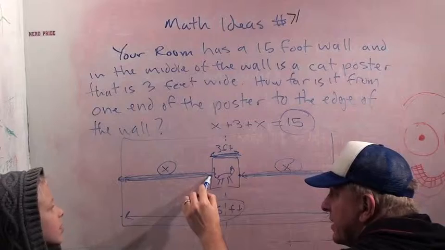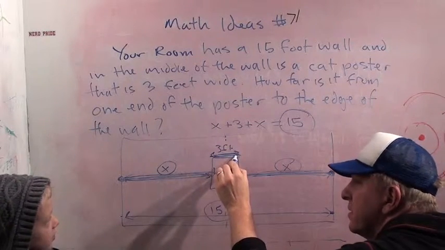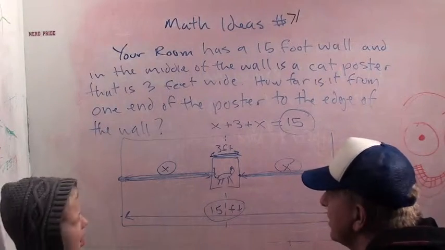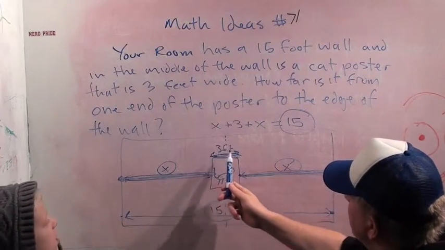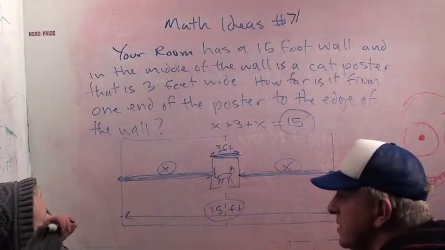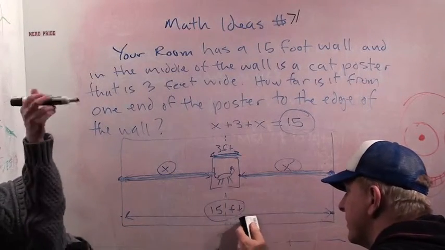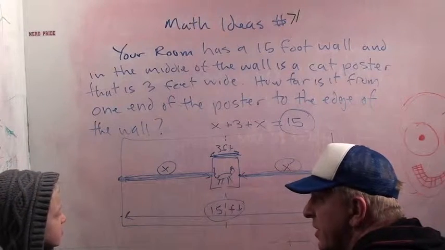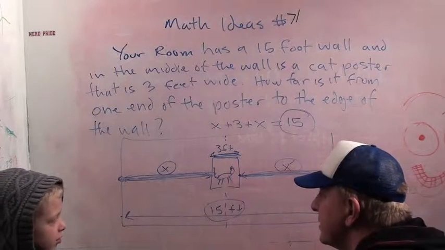So there's X, X plus 3 plus X. Okay, so we have to find a number such that that number plus 3 plus X equals 15. Okay, so what do you think that number X is? What do you want to try? How about